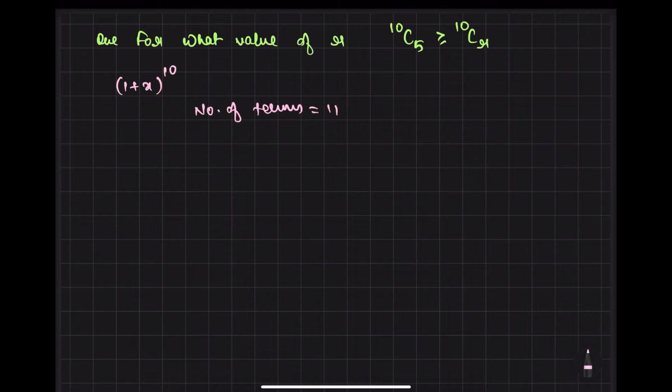So which will be the middle term? The sixth term will be in the middle, because (11 + 1)/2 gives the sixth term. And you know that the sixth term will have the lower subscript as 5. This means this is the maximum. Correct? So this thing is the maximum, which means it holds for all valid values of r, which means 0,